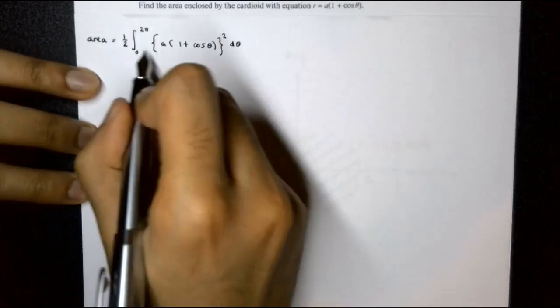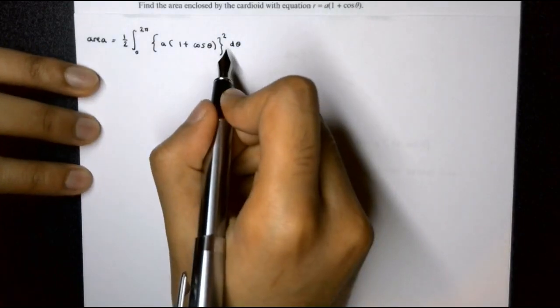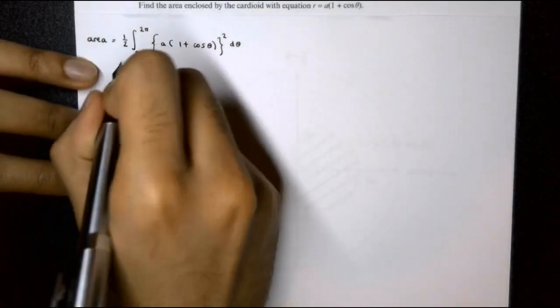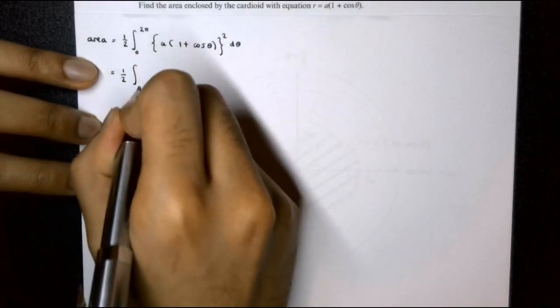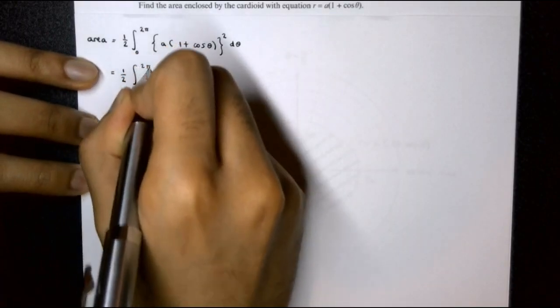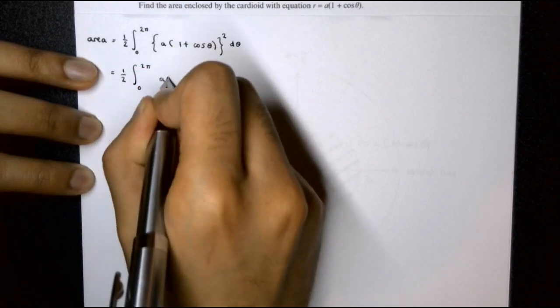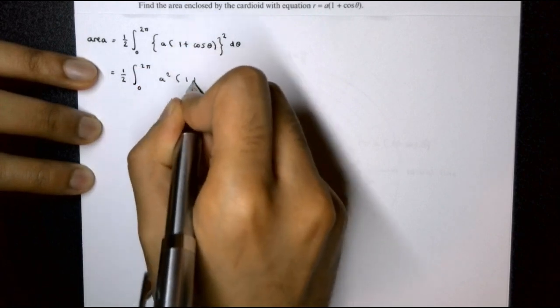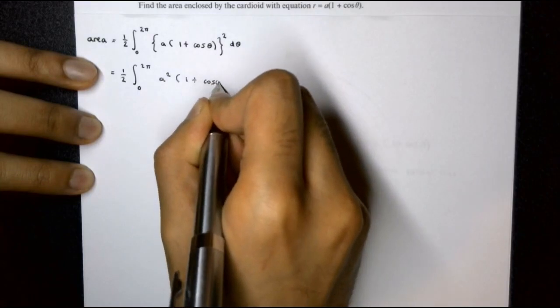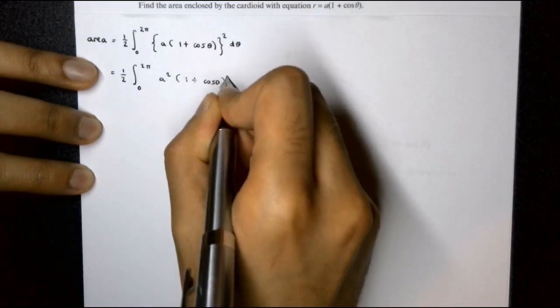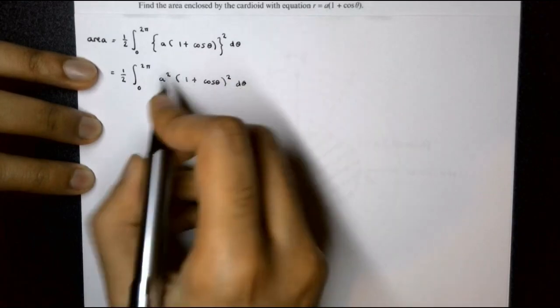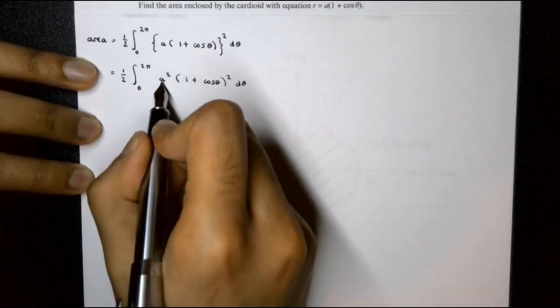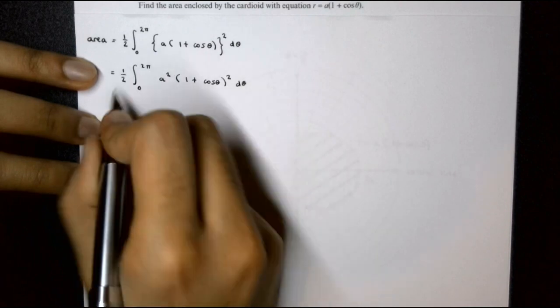So this is what we need to work out. So if we tidy this up, we've got 1/2 lots of the integral from 0 to 2 pi lots of a squared lots of 1 plus cos theta all squared d theta. So if we take this a squared outside,